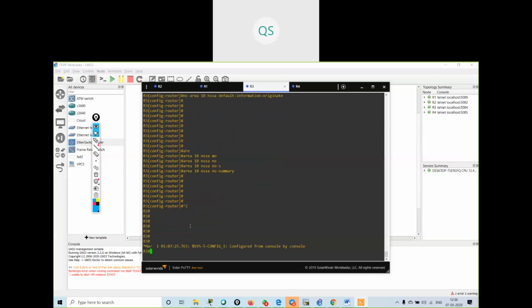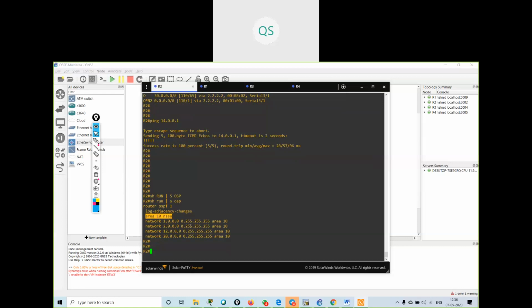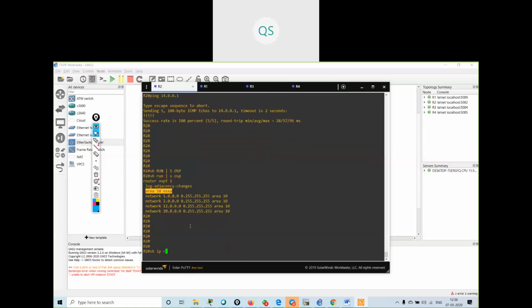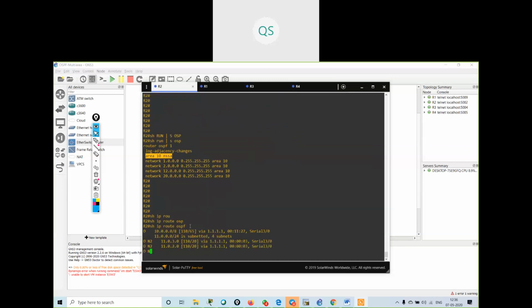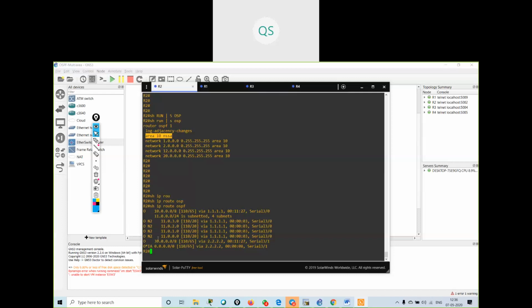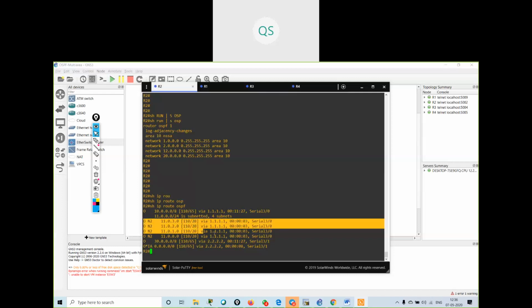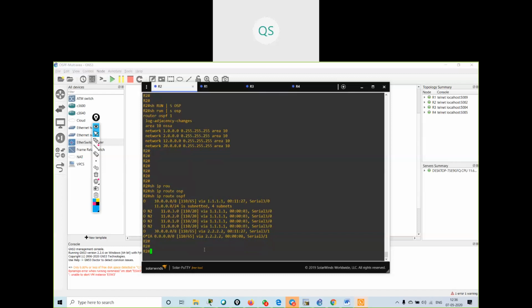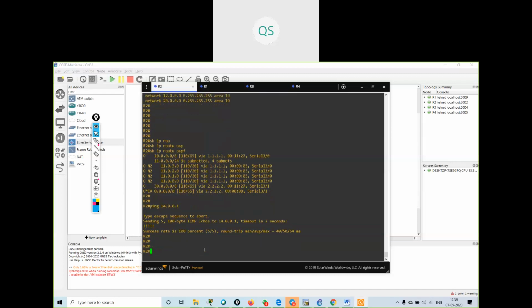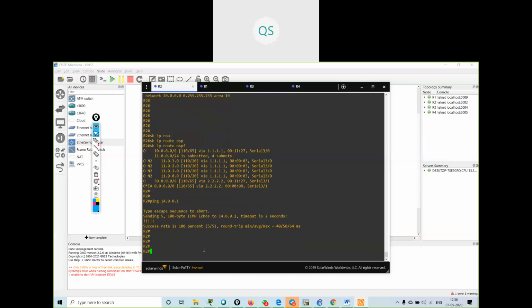Now if I come on R2 and say show IP route OSPF, see, my OIA routes are removed. I'm just getting one default route. If I try to ping the 14 network, I am reachable. My OIA routes are removed and made into one single route.